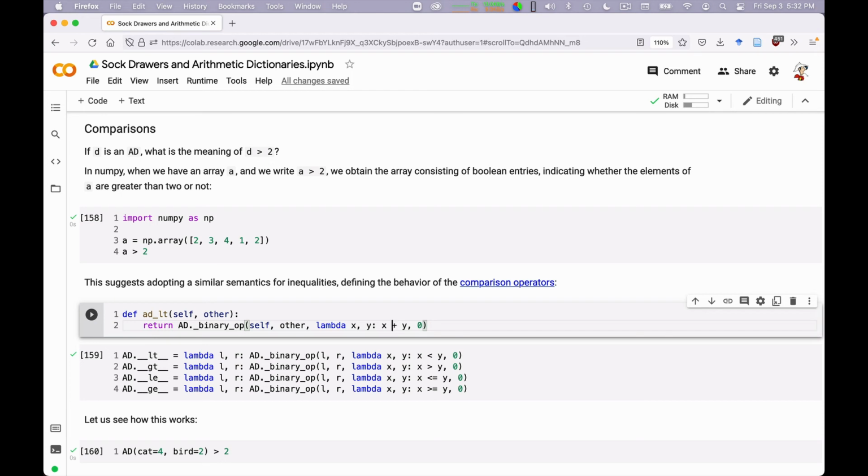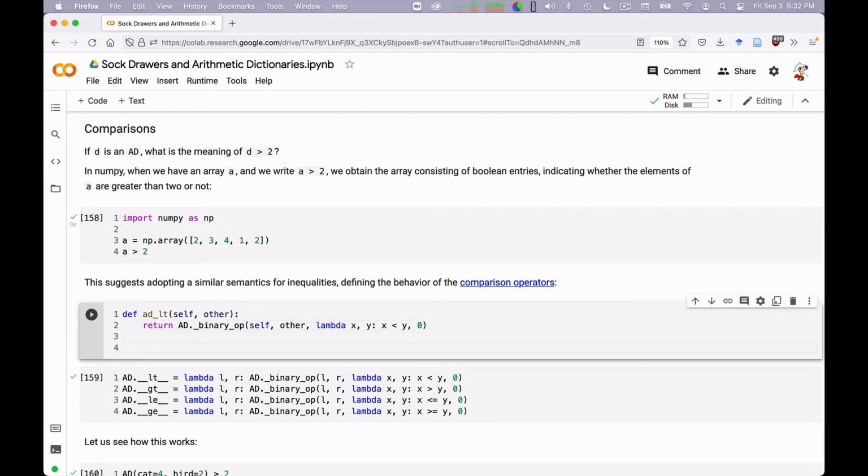But here, if this is lower than, what do I do? Well, I replace this with a lower than. So the way I compare the elements on the left and the right becomes lower than, which produces a boolean as output. Okay? So this would be the more comprehensible version, and then I could have written ArithmeticDictionary.lower_than is equal to ADLT.